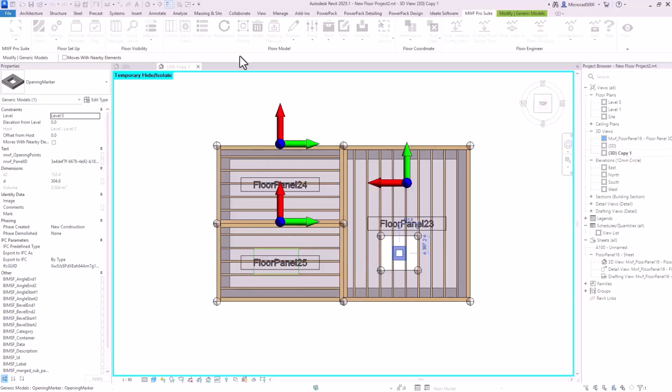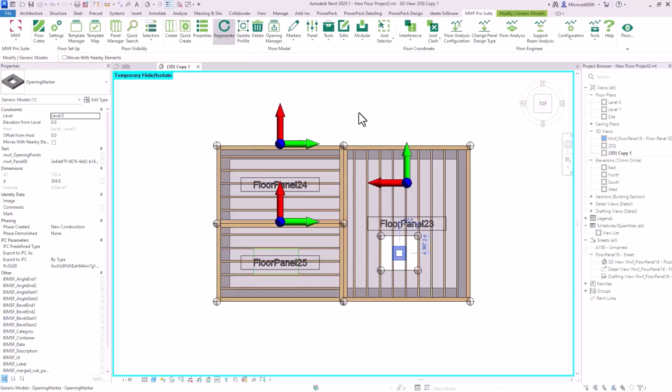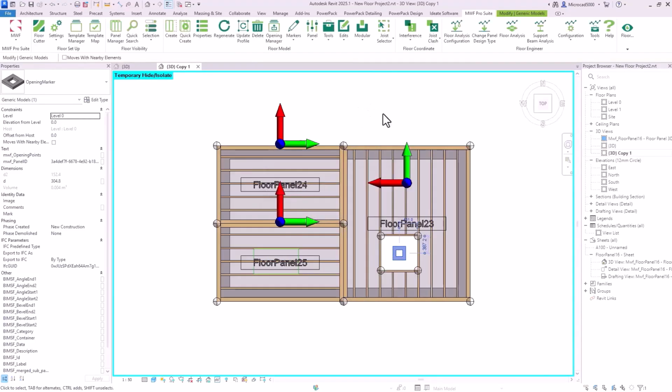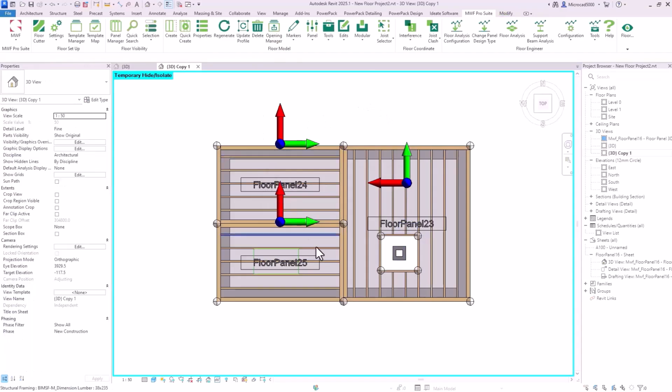Select that, so that's going to be rim supported. And then you need to regenerate the panel. And there's the opening placed in there, look. So to select the opening to change anything about it, it's clicking onto the opening marker in the middle there. Same here, look. If I select the opening